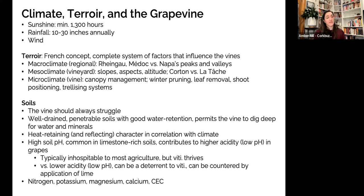Nitrogen, you absolutely have to have in your soil. This helps with the growth of the vine, but also really importantly, you need this nitrogen in the grapes when they come into the winery, because nitrogen really assists in the fermentation of the wine. When you don't have enough nitrogen, you might run into a lot of issues with stuck fermentation, where the juice itself just stops fermenting